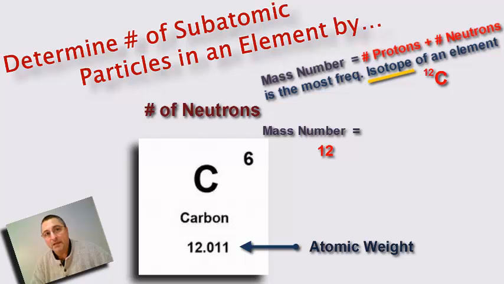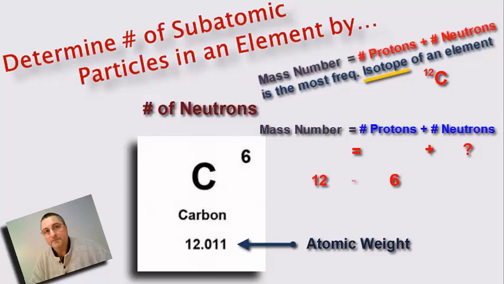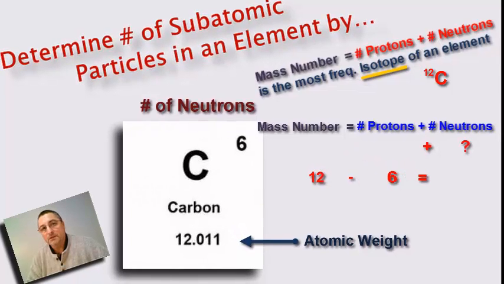The 2 subatomic particles that have mass are protons and neutrons. So if I know the overall mass, 12, and I know the number of protons, can I solve for the number of neutrons that are going to be found in the most common form of carbon? I can, by simply taking the mass number and subtracting the number of protons, because the number of protons are always going to be the same in carbon. Now go over and look at